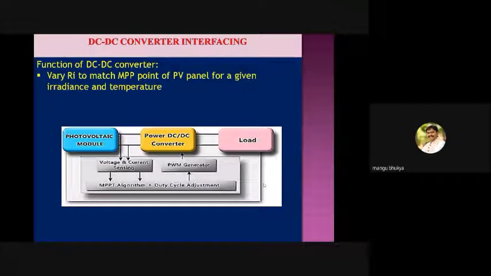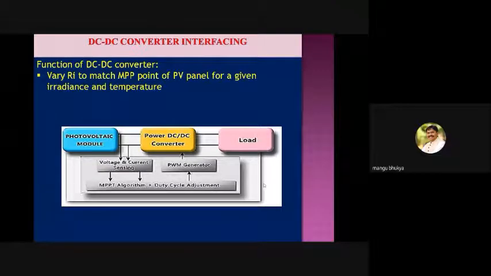Then what happens? The battery is very critical. If you overcharge, what happens? Inside we have electrodes, and here the role of the chemical engineer comes into the picture. In between we have the electrolyte, which is H2SO4. If you overcharge, the electrolyte converts from aqueous to gas. Sulfuric acid is very dangerous for our naked eye, and sometimes the battery may even blast. So please remember, don't overcharge the battery.